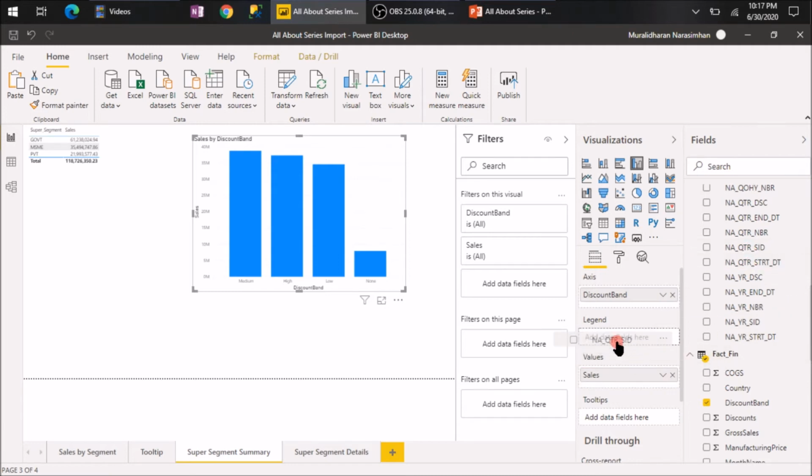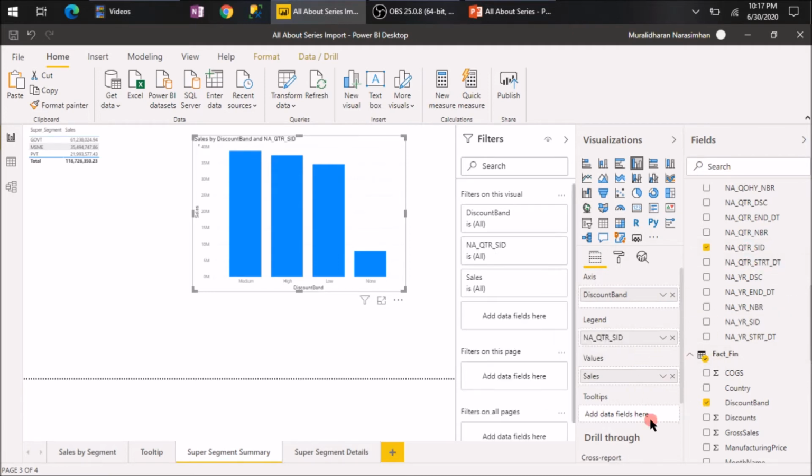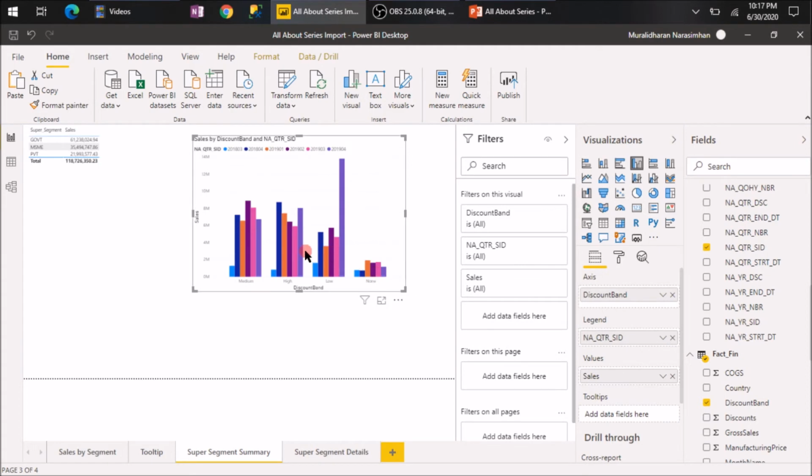These are the fields we used in our details. So this chart shows me by quarter and by discount band the sales in each of them. So now if I want to pass this information along with the super segment through the details,